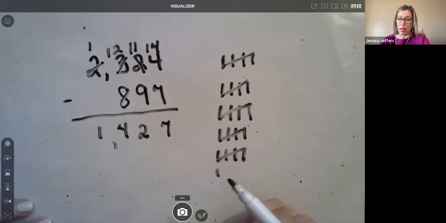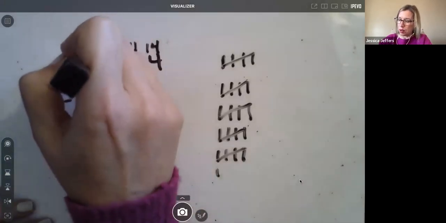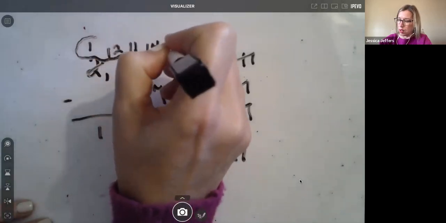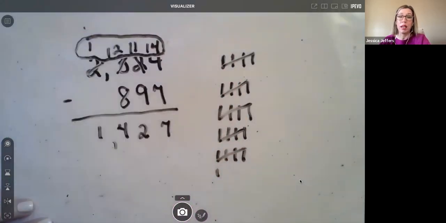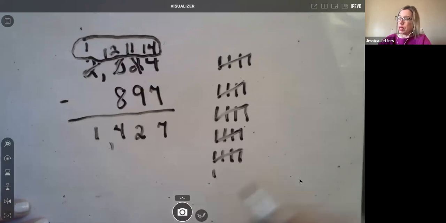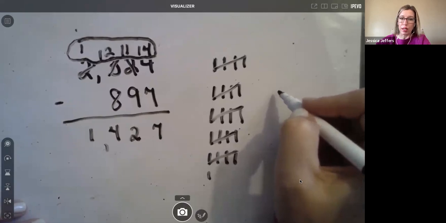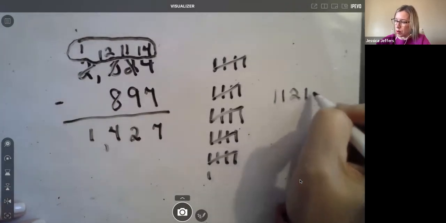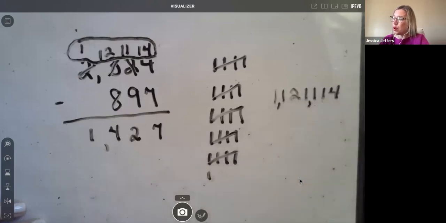Now I ask teachers this, and that is, what is the value of the amount in this circle? And I want you to take a moment and think about what the value of the amount in the circle is. When I've worked with students, I've asked them the same question. And students have told me that the value of this amount that we created in the circle, all right, here we go, is now, right,